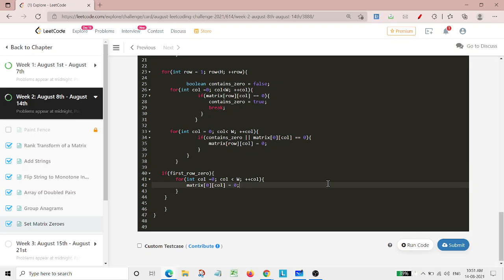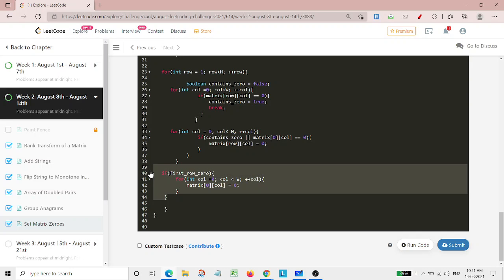When we are done with that step, the first row was still left, so that's why we use first row 0. We check whether our first row 0 variable was true or not.